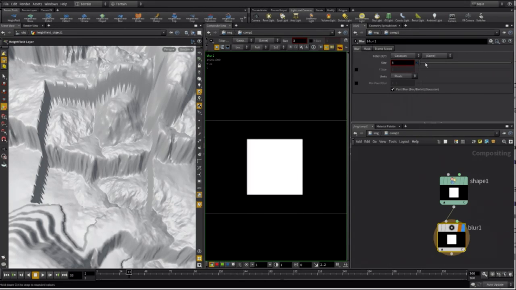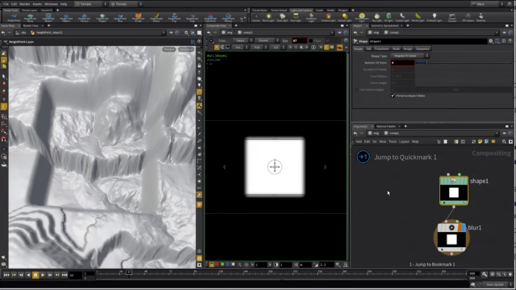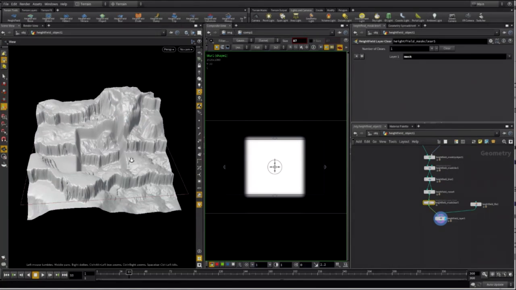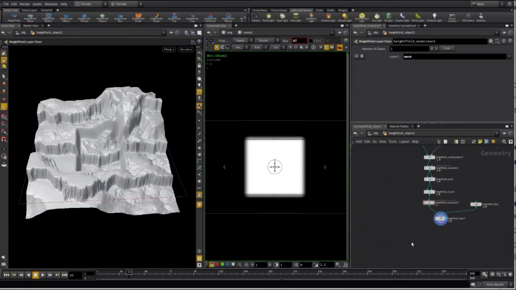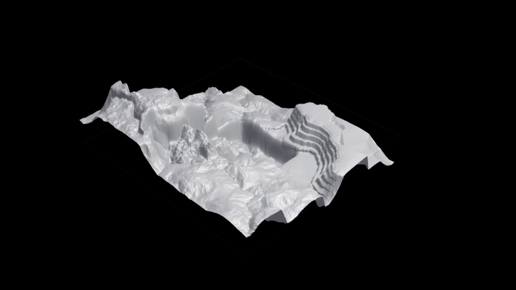And then as I work inside of COPS, inside of compositing, I can do blurs, I can do compositing effects, and have them update live inside the terrain tools. So really, all of this is about taking all of the tools that you're familiar with and integrating them together, so that as you learn one part of the software, you're already learning another part. And you're pulling it all together to create effects that aren't possible if we isolated these into their own black box architectures. And just to really drive that home,